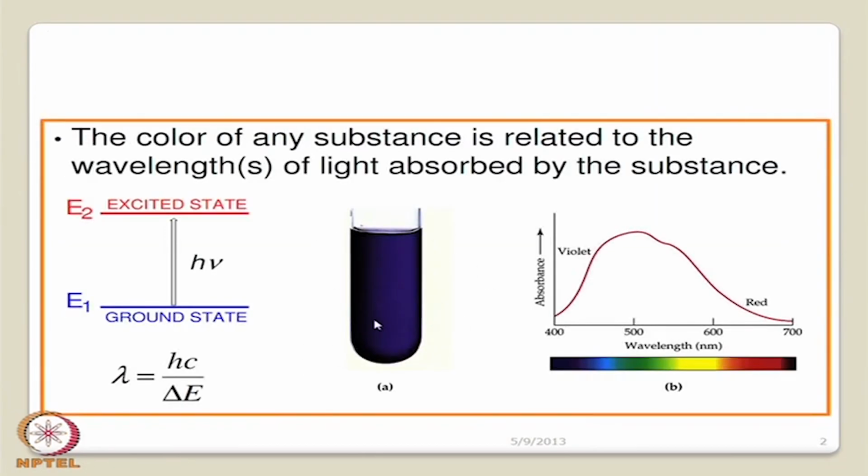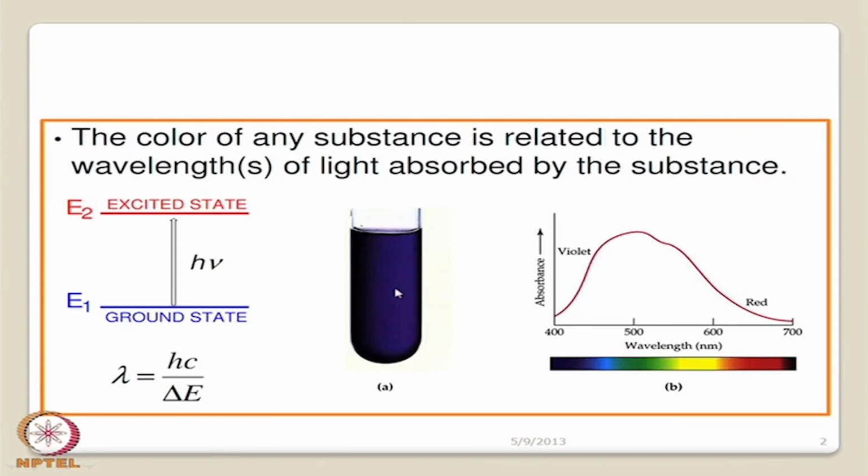So this particular color, what we all know now, can be related to the wavelength of the light which is absorbed by the corresponding compound or solution. So why is this colored blue? Because it has a strong absorption band close to 510 nanometer. This is on the nanometer scale, and in this particular case it is the corresponding absorption. So this part of the electromagnetic radiation, the greenish part, is being absorbed. When this part is absorbed, the color we get as the solution color is